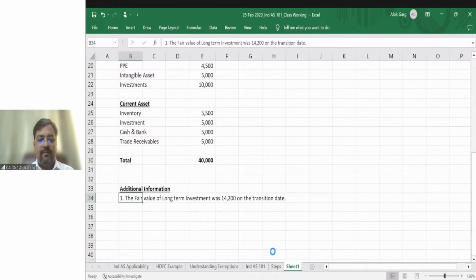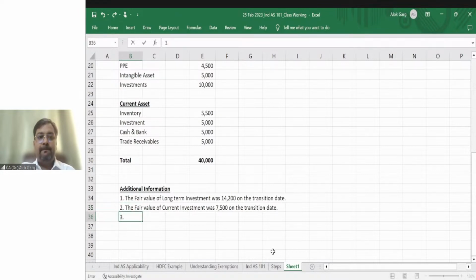Second, the fair value of the short-term investment, the fair value of the current investment, was 7,500 on the transition date, right? Third, the company has 4 cows which were not recorded in the balance sheet